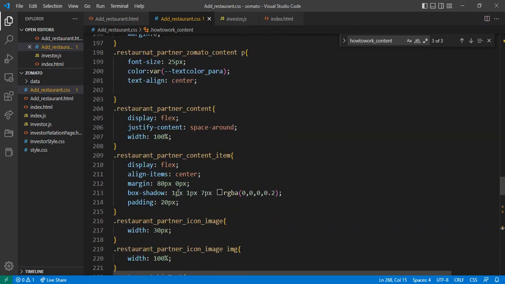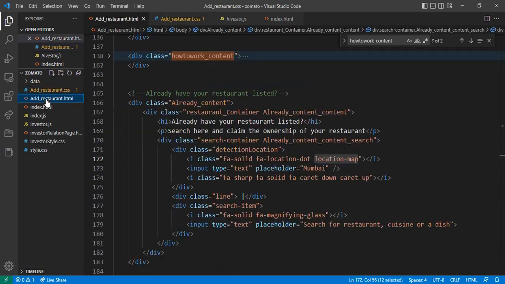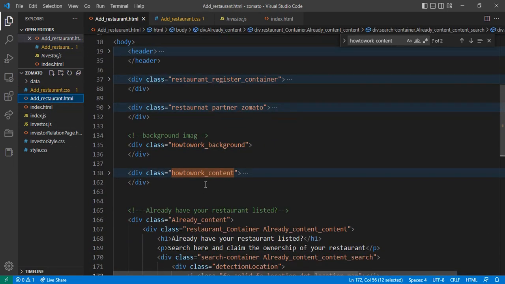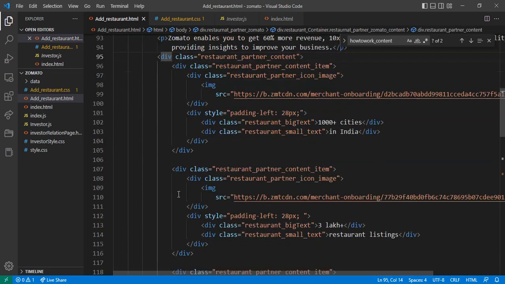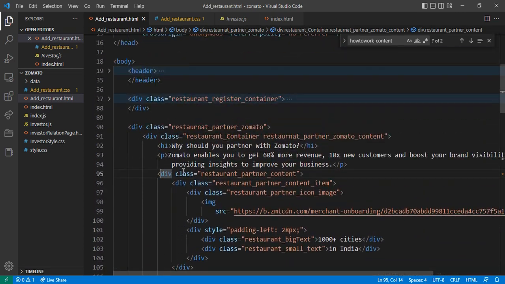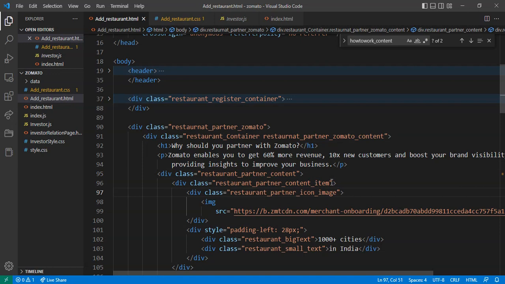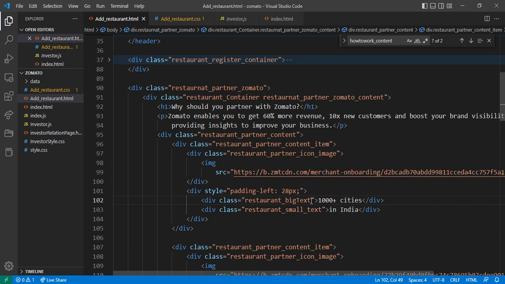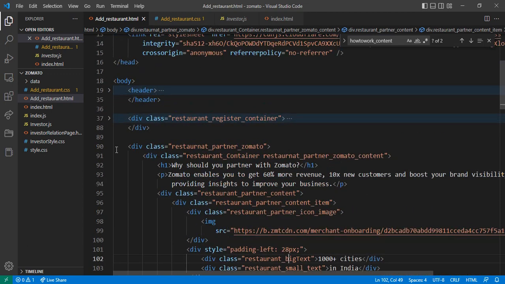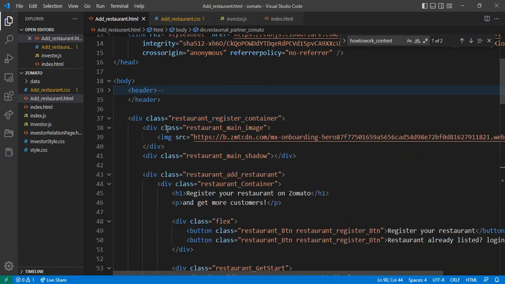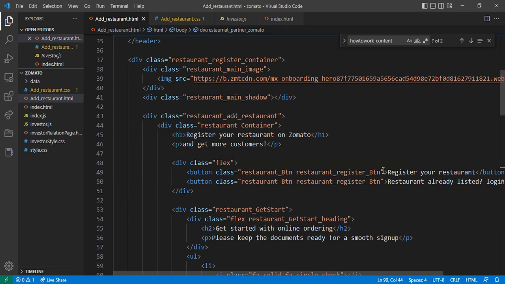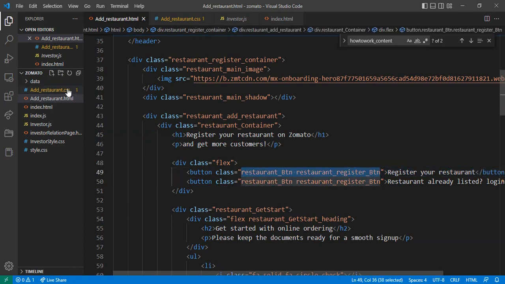Where is come restaurant page, and in the restaurant partner Zomato inside, just copy this item, and after that but we don't want this item. Where we make today this one, and yeah, these two bottom, and copy this class name again and come in here,